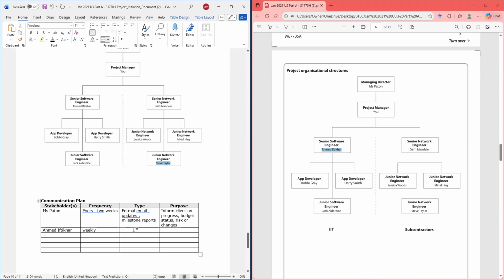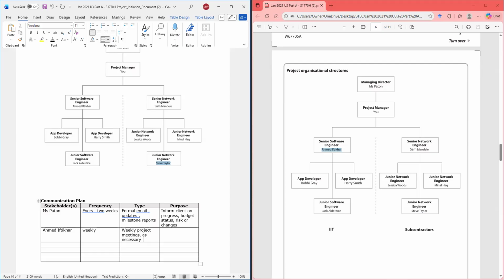And this would be done through weekly project meetings, or as necessary.